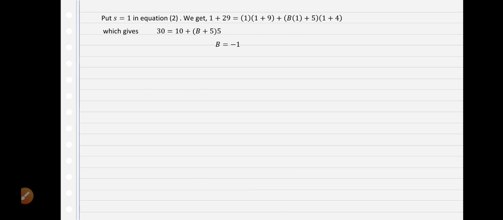So in this way we have obtained the values of all the three constants, capital A, B and C. So we can write equation 1 in the simplified form, or in the form of sum of partial fractions, as f bar of s is equal to A upon s plus 4, A equal to 1, so it becomes 1 upon s plus 4, plus (Bs plus C). So B is minus 1, so it becomes minus 1 s, plus C is 5, upon s square plus 9. We may write this as 1 upon s plus 4 plus 5 upon s square plus 9 minus s upon s square plus 9. Now this is the most simplified form of f bar of s.